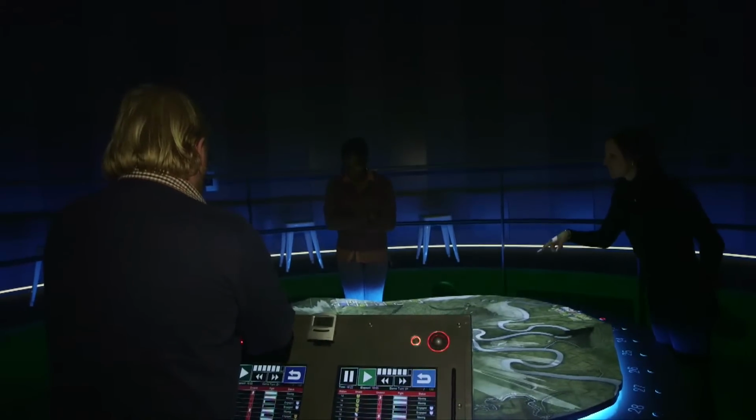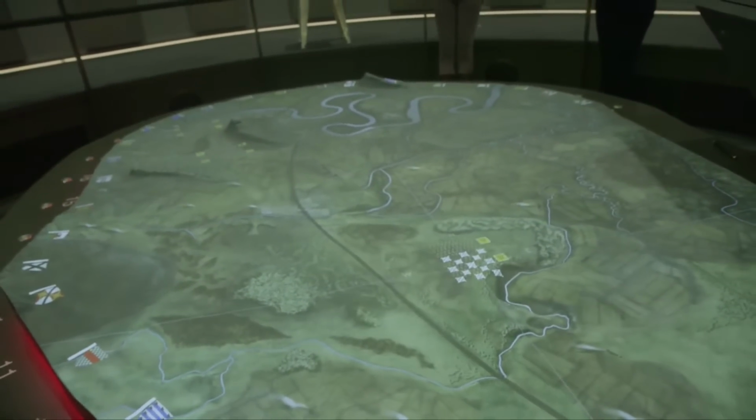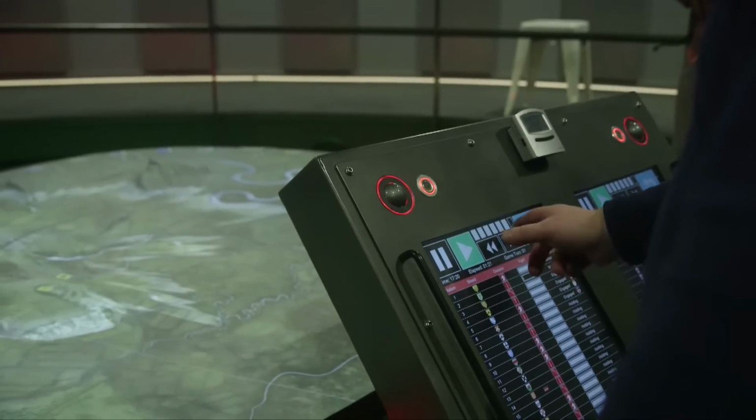I've always found that Electrosonic were a safe pair of hands for technical challenges, and this project is a major technical challenge. With such a dominance of audiovisual and digital technology in the interpretation centre, the eyes of the industry will be on us, because if this works, then a lot of other clients will be looking at digital interpretation. If it fails, then a lot of other clients will be turning away from digital interpretation. So we needed what we considered to be the best in the industry to work with on that. Extra to that, Electrosonic's experience outside of the leisure industry in command and control centres demonstrated to us that Electrosonic had the ability to